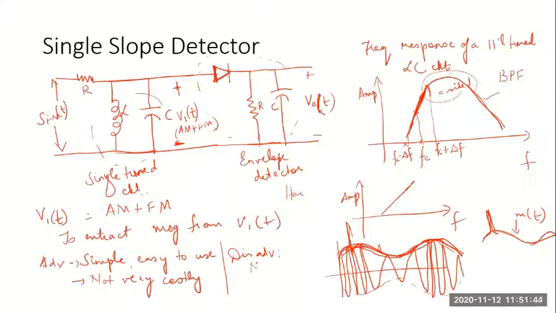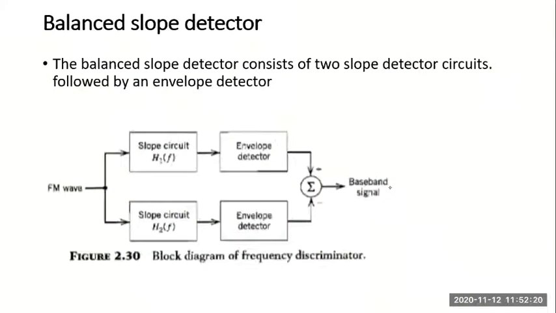So the first effect is noise due to sudden variations. The second is harmonic distortion due to severe nonlinearity. Remember, in power amplifiers we studied, whenever there is high nonlinearity in a device, that causes harmonic distortion. So nonlinearity is present in this circuit. Is that clear? So this completes our discussion of single slope detector.